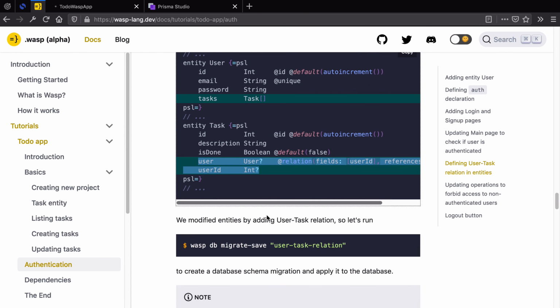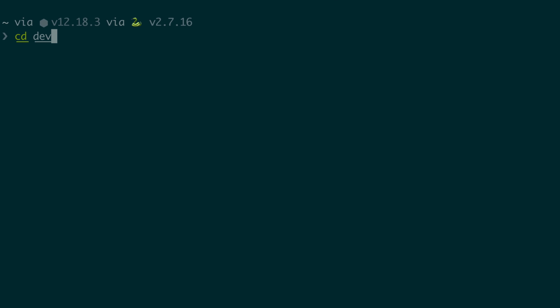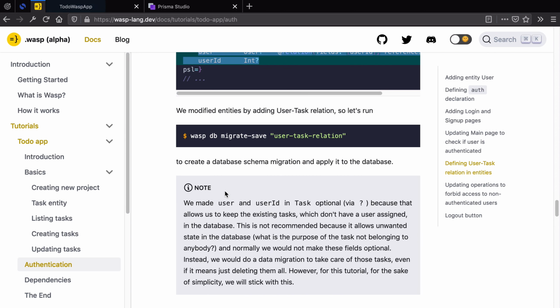Cool. So we modified them. Because we modified entities, we have to create a migration, right? So I'm going to need a new window. Go to dev, and then migration. So that's going. Note, we made a user and a user ID on task optional because that allows us to